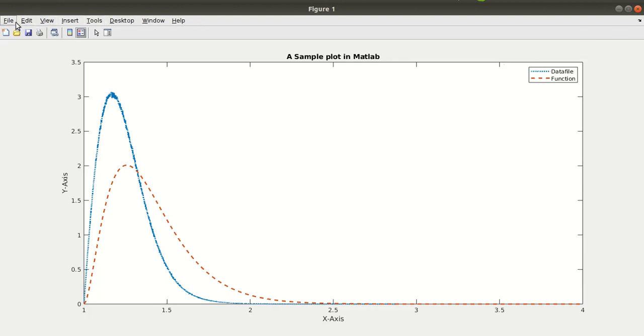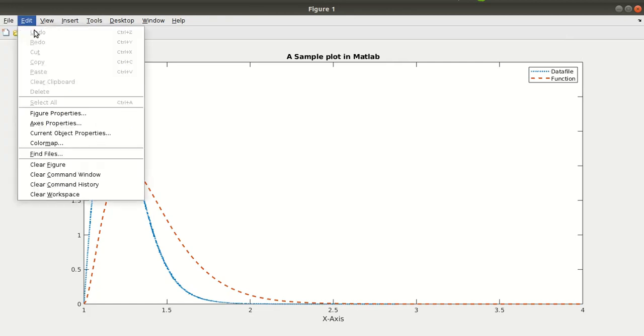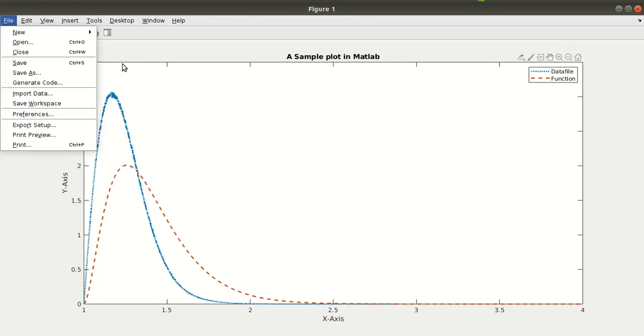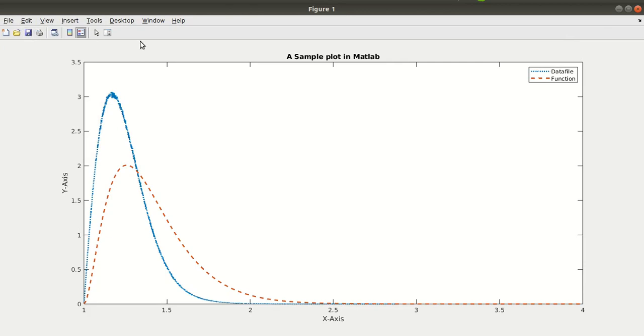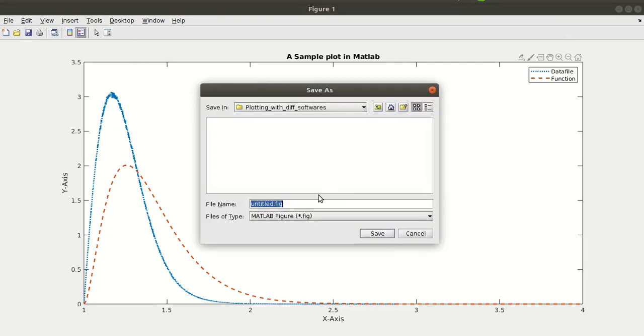And let's save this plot as well. So then file. Okay, so this is the save command. So save. Here there is one particular thing, you can save in MATLAB figure .fig format, and if you save in that format, you can edit the figure, you can do whatever things, labeling and decorating, everything you can do.